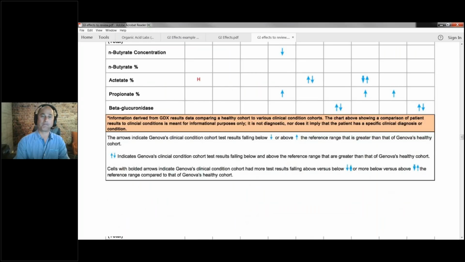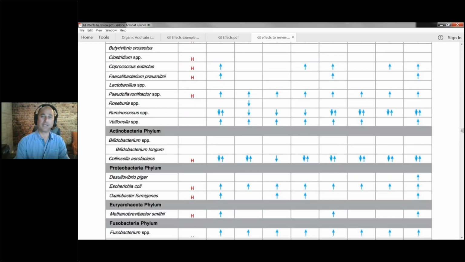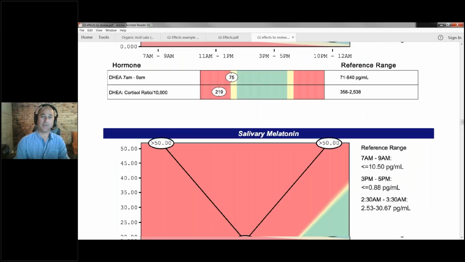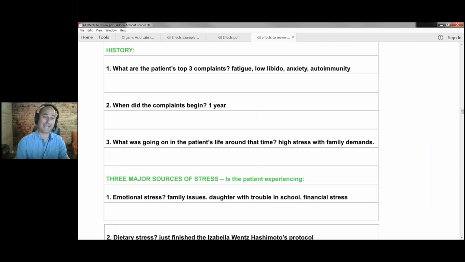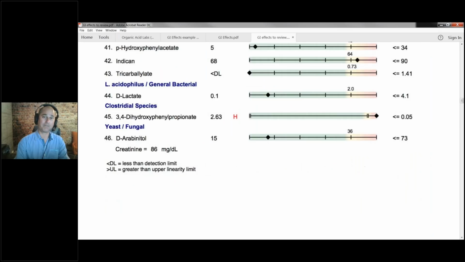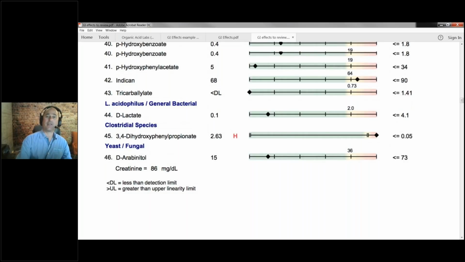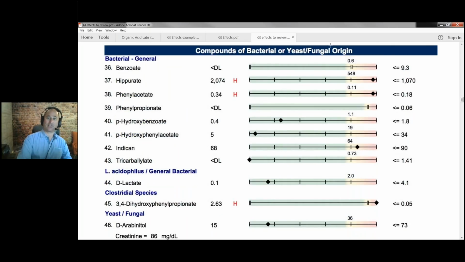And then I want to show you one other thing here. I'm going to say this a second time, which is that when we look at the organic acids test, here's one right here, the compounds of bacterial or yeast origin, let's talk for a minute about where all these come from so you can see what I'm talking about. So remember that